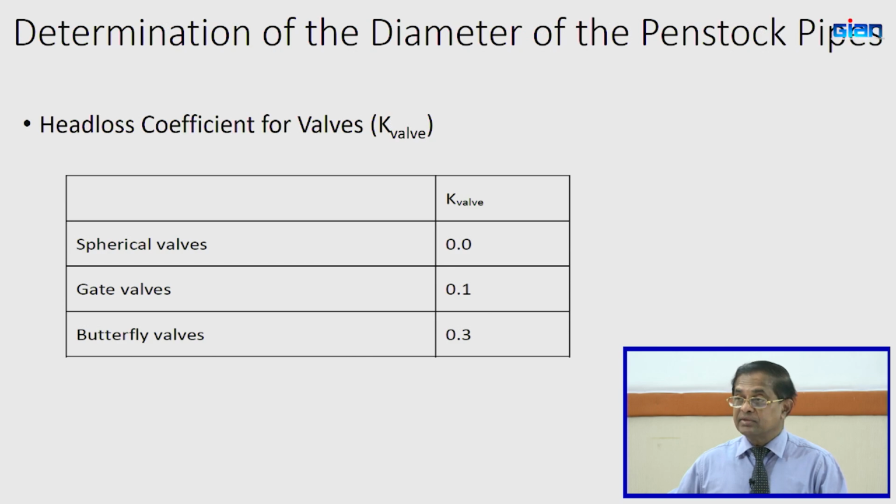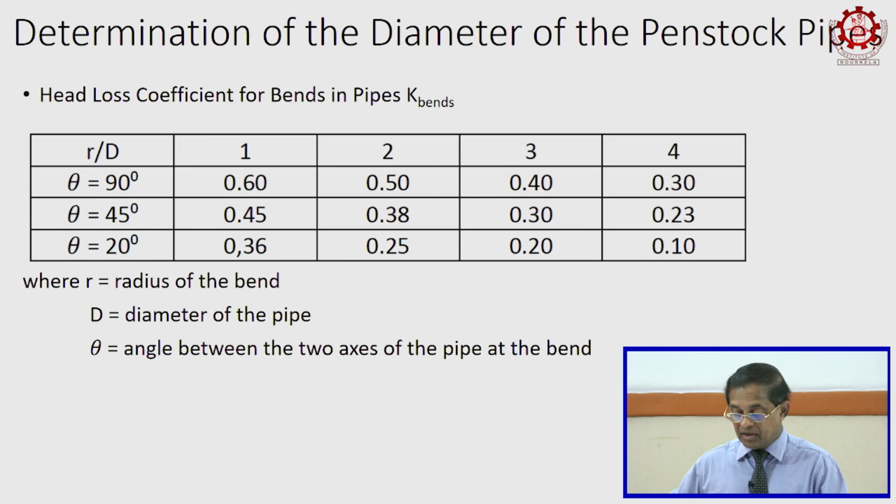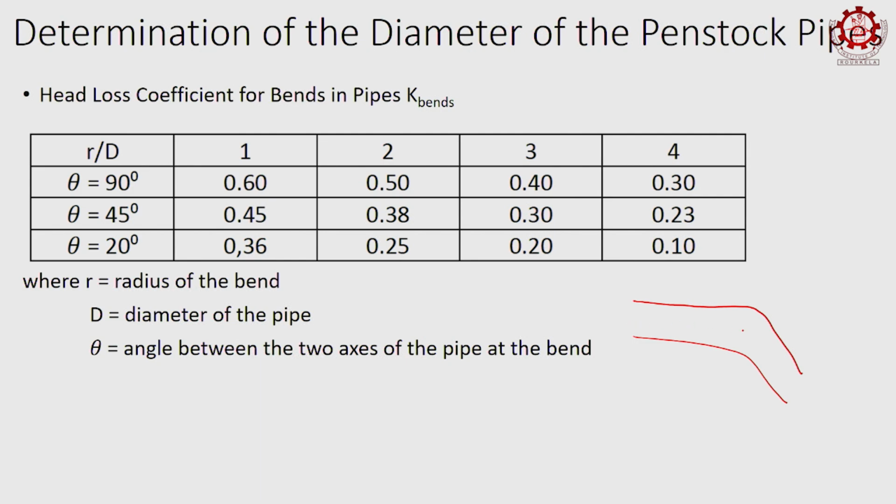So, we can see in our project what will be the turbulences offered by our valves, for example, the main inlet valve connected to the penstock. Then the penstock: due to the turbulences due to bends, when a bend is there, some turbulences can occur, because the water comes and changes the direction,